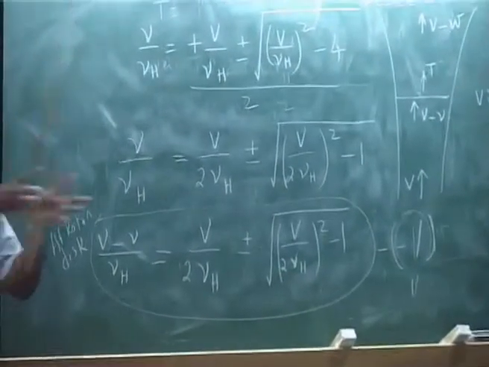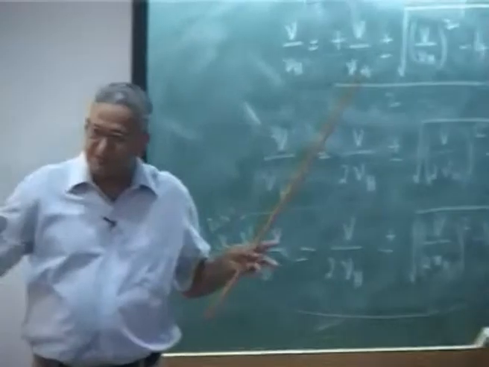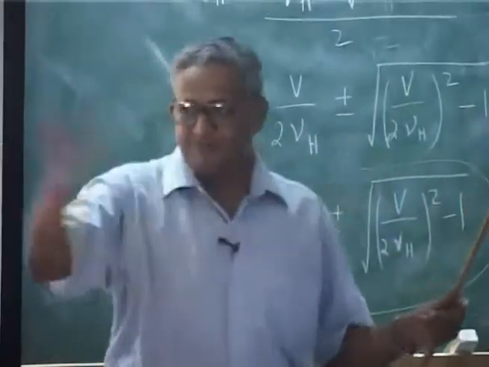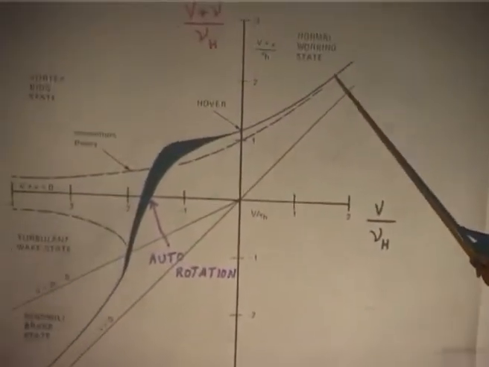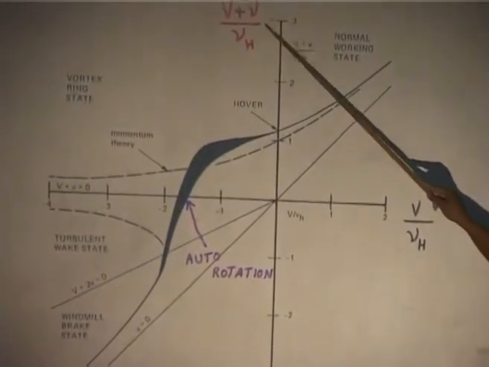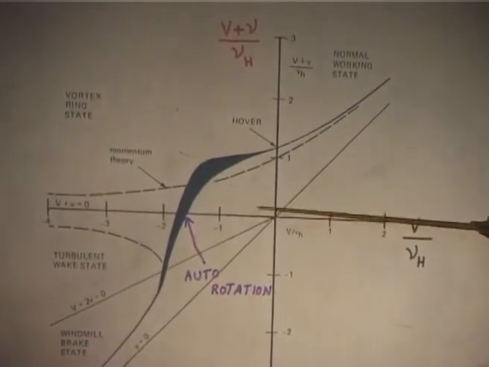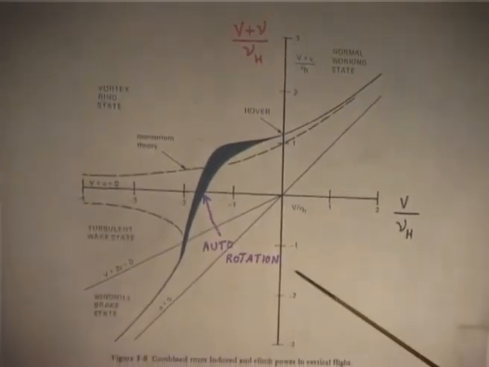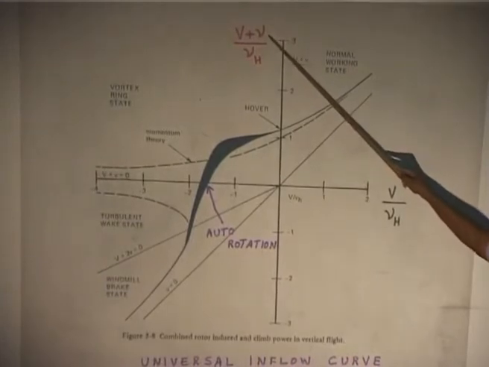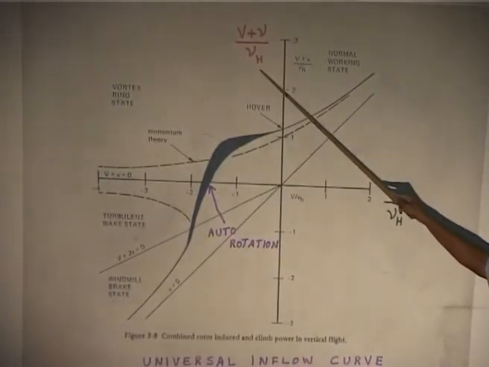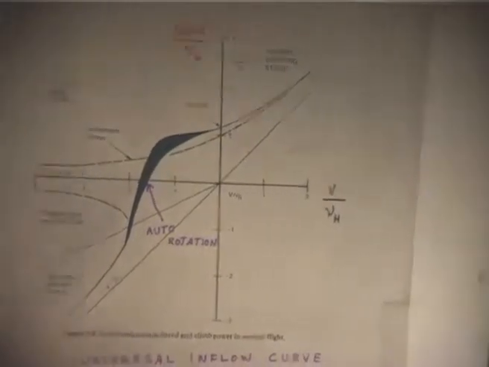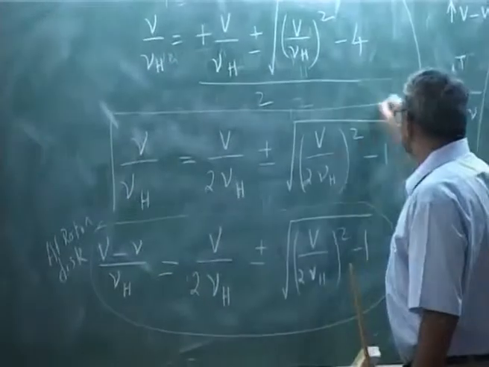Maybe I will use the same equation and then show you. Take this part, that means you take this equation. Otherwise, what happens is one set, you can use that for the entire zone. Here, I just want to say this curve V plus nu over nu h positive I have taken, because I will show two curves. One curve is nu over nu h versus V over nu h, that is this, you follow, this part,